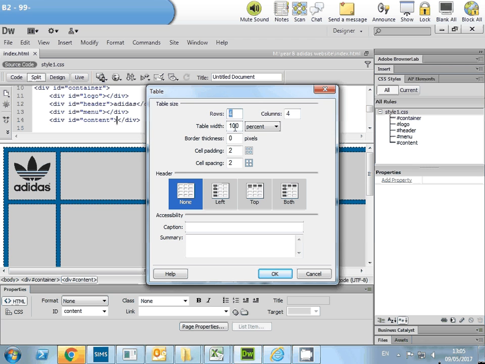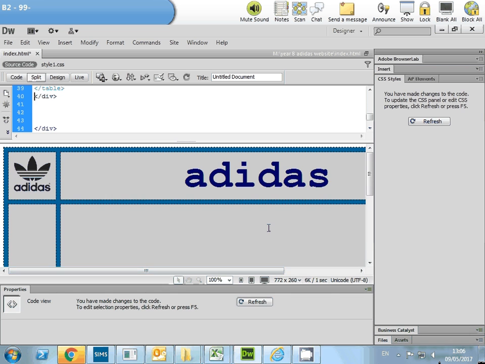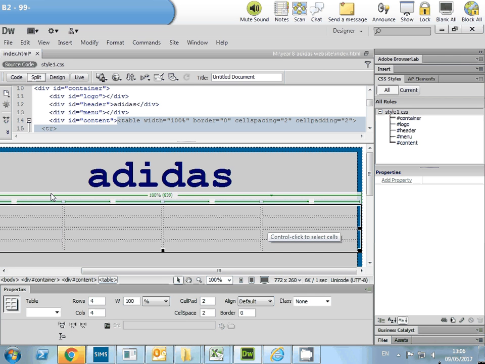I'm going to make it 100% the width of the div it's in. Border thickness of 0. That of course will ensure that the table is invisible. And cell padding and spacing just refer to little margins within the cells and between the cells. So I usually put a space of 2 on there, but you can experiment and see what you're after. So if we click OK and then just click in here, we can see that the table has now been